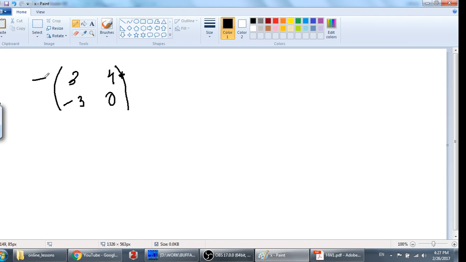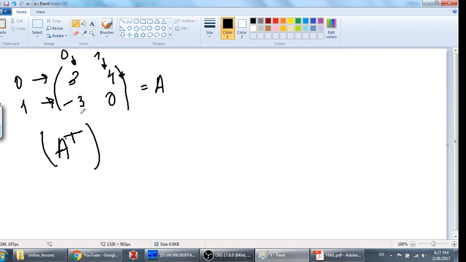So these are rows 0 and 1, and these are columns 0 and 1. If you want to compute, let's call it A, a transpose matrix